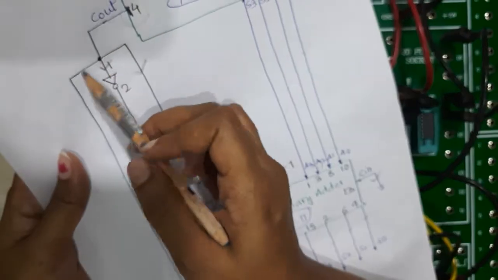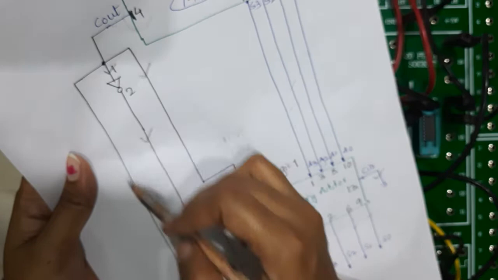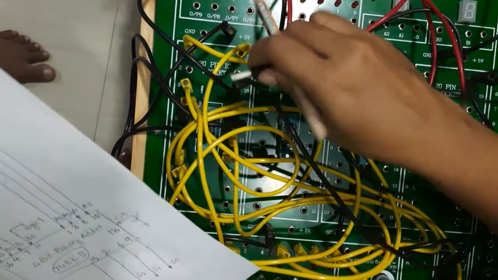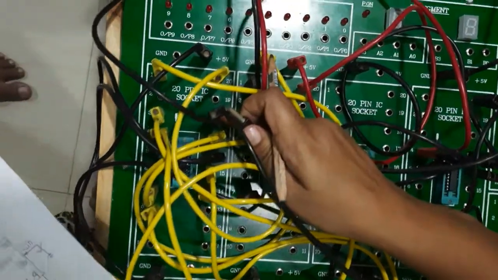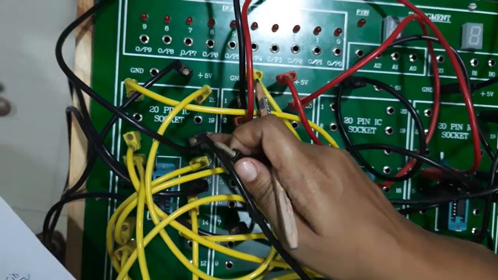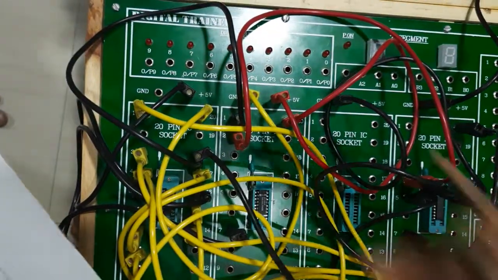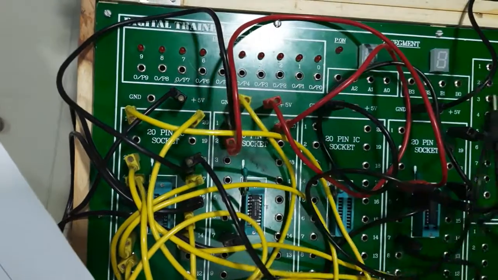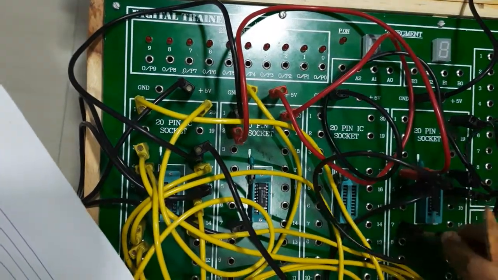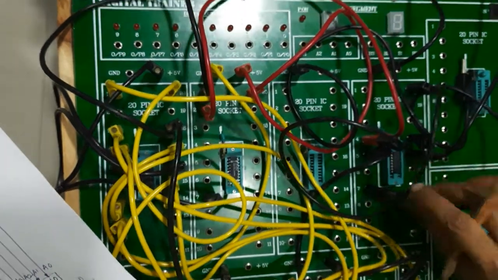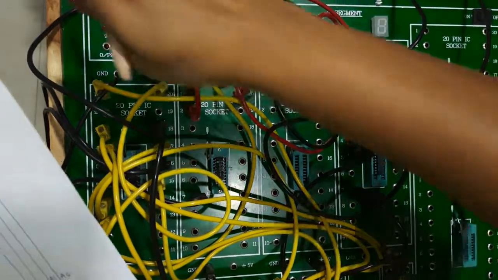Now what is remaining? The carry itself is to be taken as the carry of the final output. I can take it from the 14th pin of the first binary adder, that will give me Cout. That can be considered as the carry, as I am connecting it here. Instead of creating a pyramid over here, I am connecting it here because it has the same connection, that is Cout. I'll take it here, and this is my final carry. So this part is done.